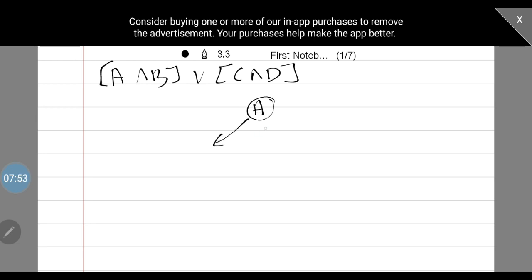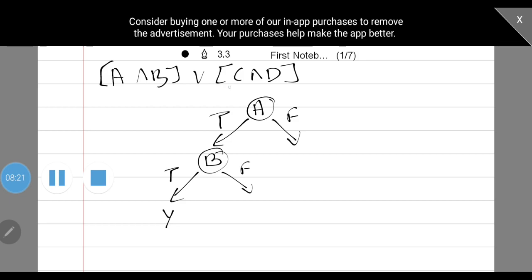For a, true, false. So if it is true, false, I'm going to check with b now. General case it is b and two paths, true and false. A is true, b is true means I'll be getting yes as the value. Wherein if a is false, what happens? If a is false, we will have to examine the right hand side expression. So we'll see how to do it. Let us complete the left hand side tree. So a is true, b is true means yes as the value, we know that.